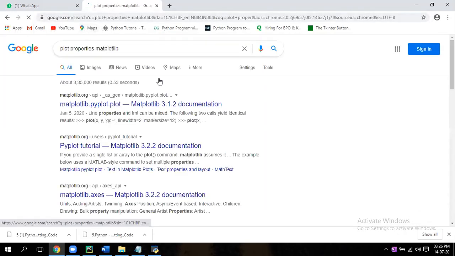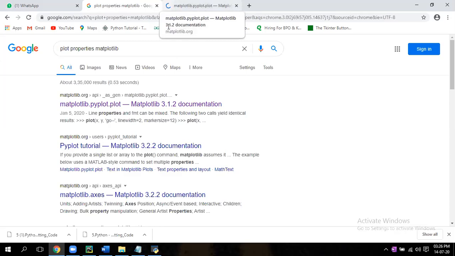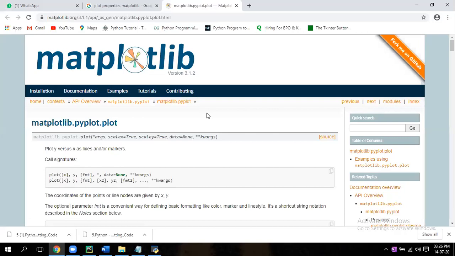Enter. Go to the first one. So Matplotlib is one organization, matplotlib.org. Okay. Now come down, we'll see the properties.